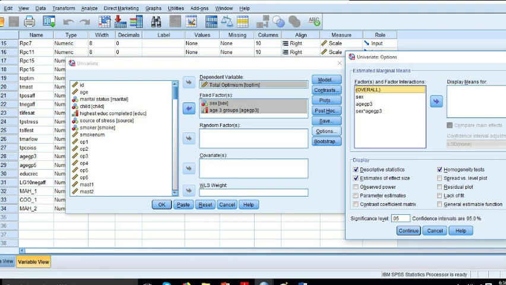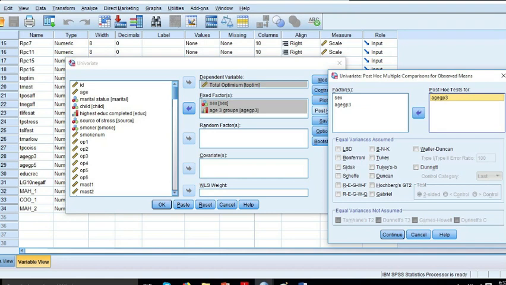Once you have clicked the post hoc test, you could see that basically age group 3 would be here. So you have to click on age group 3 from this, and then drag and move it to the post hoc test box. Again I repeat, once you click the post hoc, age group 3 would appear here, and after that you have to move it over there, right? You have to drag it and move it to this particular section, which is post hoc test, and then